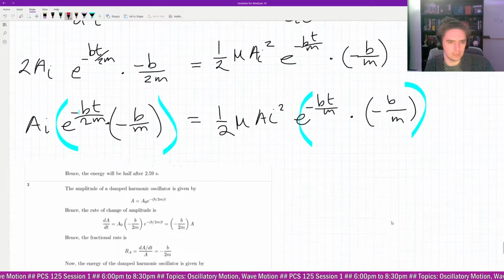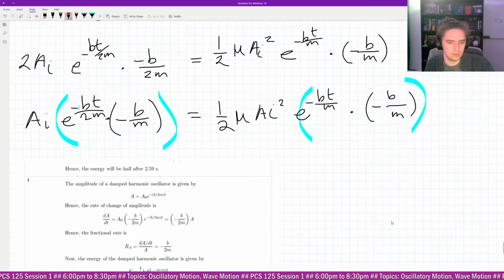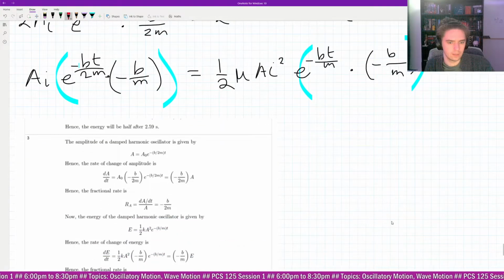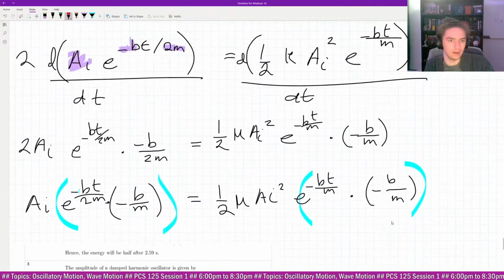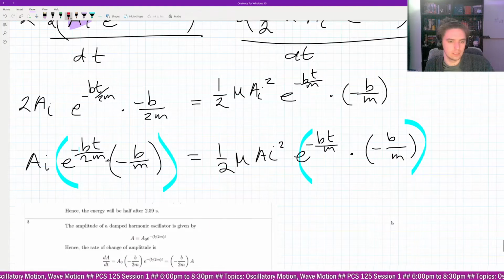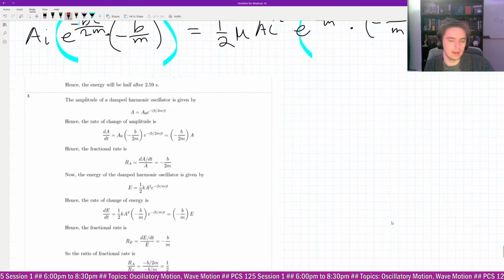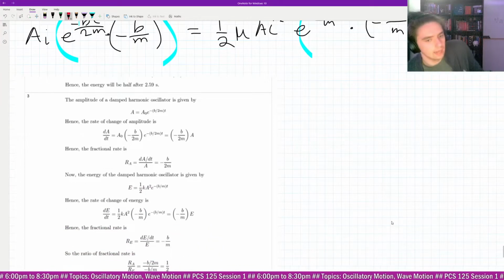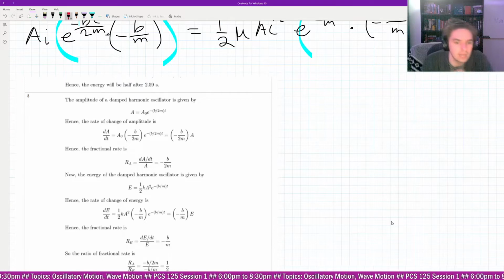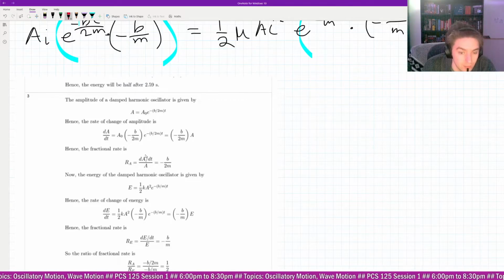dA by dt is A naught. They have a weird notation. That's the only thing. That A is representative of the entire equation there. Oh, A of t. Yeah, that capital A is representing A of t. Oh, okay. The function, yeah. You're saying that we have an extra thing on top. I see. Yeah. So the fractional rate is the derivative